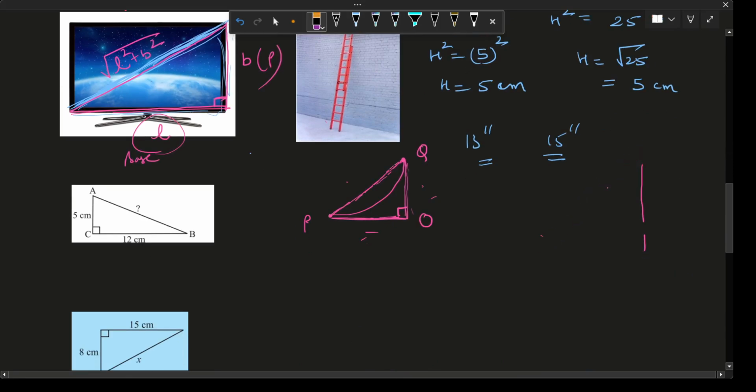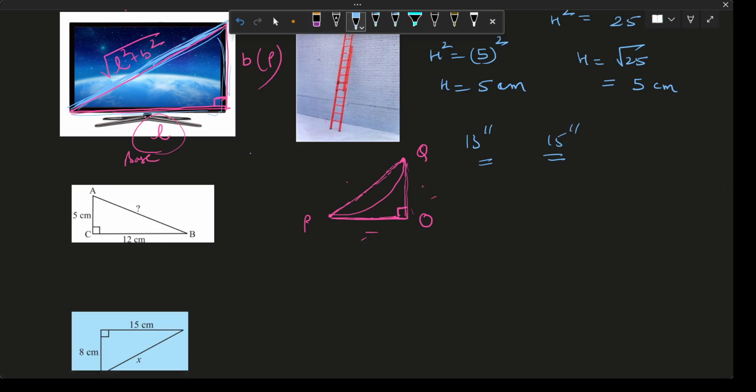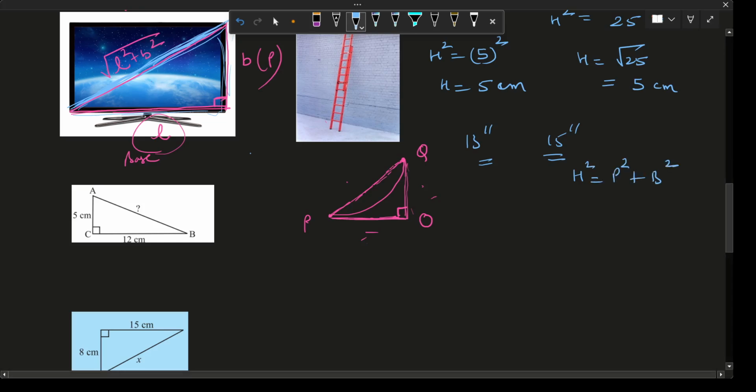I told you we can calculate all three sides. So how? Pythagoras theorem says hypotenuse square is perpendicular square plus base square. Now suppose hypotenuse and base are given, you need to calculate perpendicular square. So what you will do, perpendicular square हो जाएगा क्या,